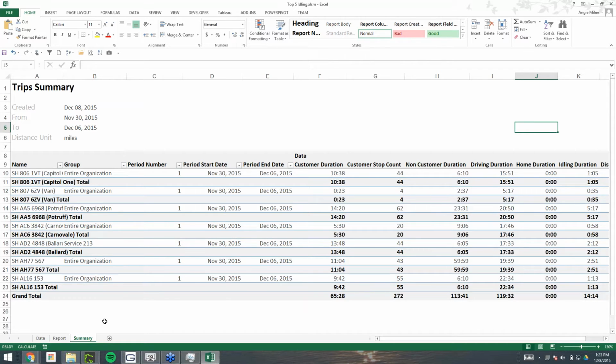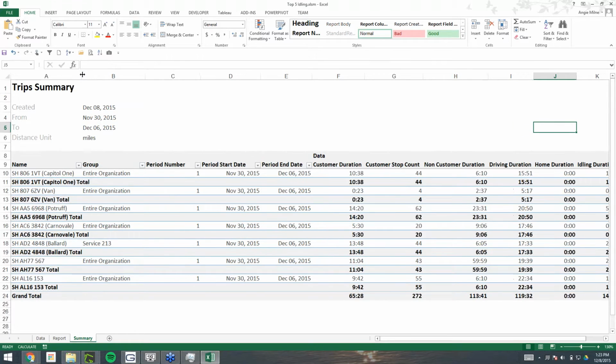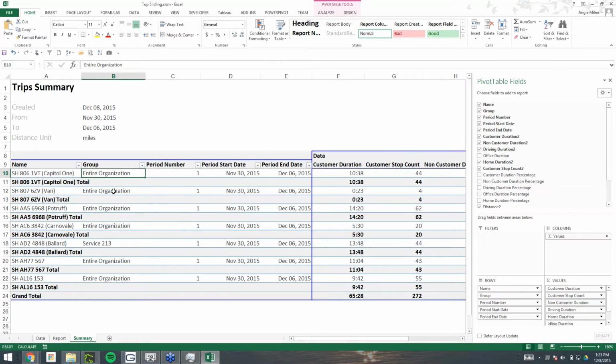Some people may not be too familiar with pivot tables, or they are, and it's kind of frightening, but it really shouldn't be. It's not something to be concerned with. It's actually pretty easy to work with. So you can see when I click on the pivot table itself, it gives me this field box here. And this is the more intimidating part, I think, for most people. Really all it's doing is, these are all of the headers of the columns that I see on